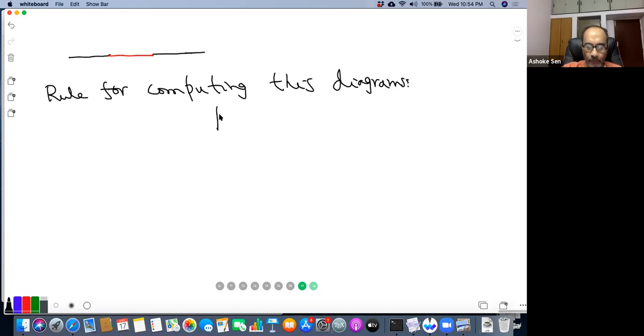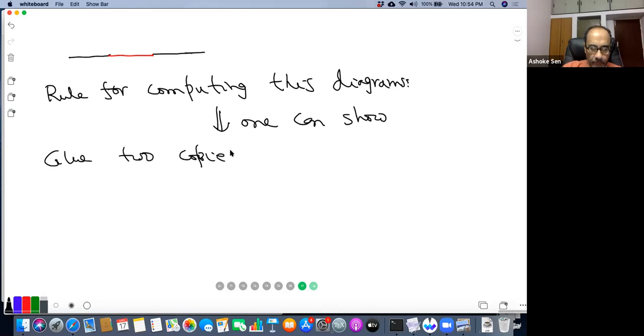So what one can show, and this is a general feature, is that computing this diagram means that we glue two copies of the upper half plane. Why two copies? Because you have one upper half plane associated with this vertex and another upper half plane associated with this vertex. So let's call the coordinate here z, and for this the coordinate here z prime, and we use the relation